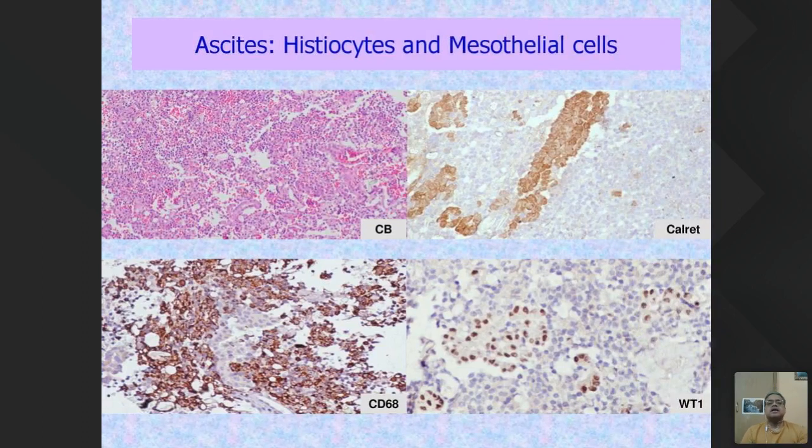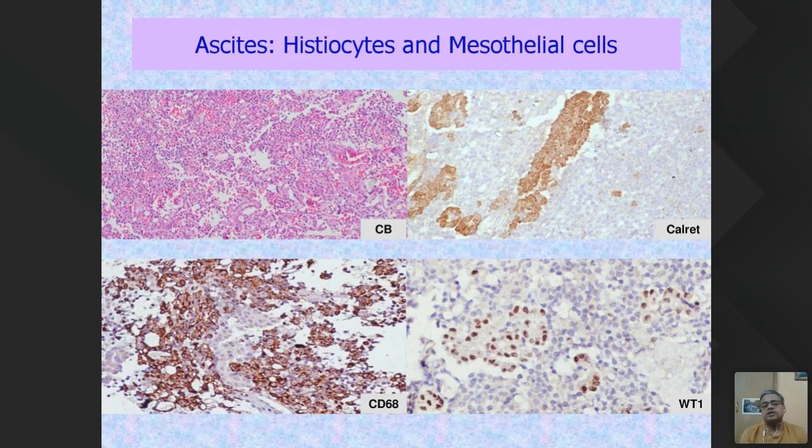And what we find is that this is the immunohistochemistry. So all the epithelial cells which were there are positive for calretinin. These only were the mesothelial cells. So the ones which are coming in groups are densely stained. The ones which are coming loosely, hardly one or two of them are calretinin positive. CD68, between 50 to 75% of all the cells here were CD68 positive.